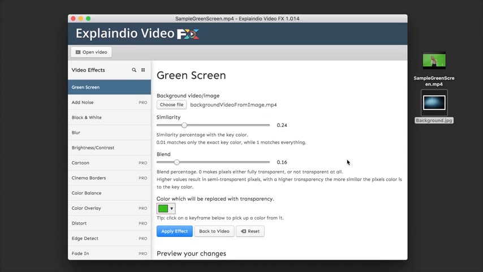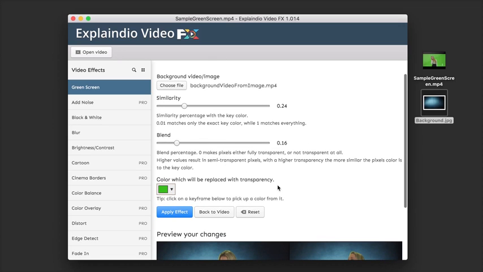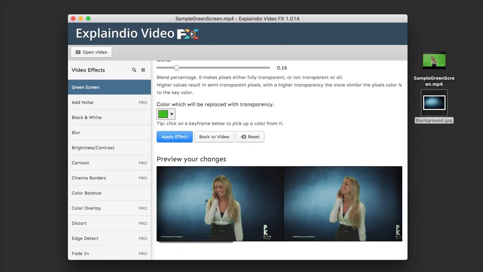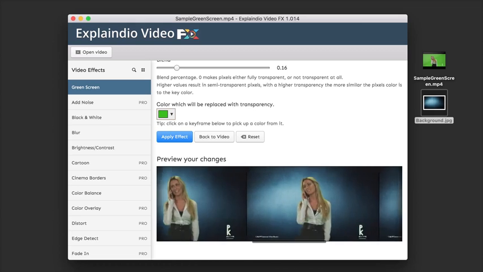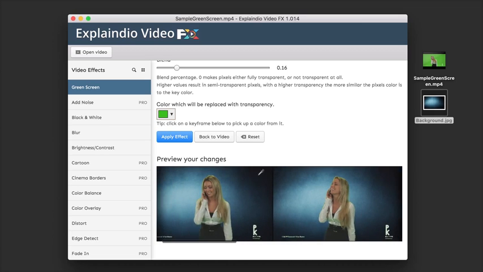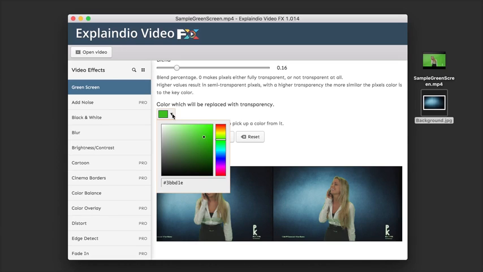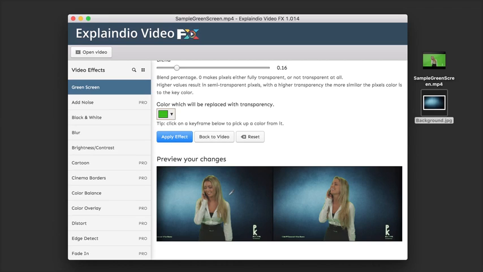permanent changes. Now here we can change the similarity, we can adjust the blend if I want to, and if I scroll down here, we can see what that background looks like inside of my video, and we can scrub through here to see what that looks like throughout the entire video. Right now, of course, we are replacing the green in my background because I'm using a green screen, but we can click on this and replace any color that we would like from the video. We have this little eyedropper that you see here that will allow us to select the background color that we